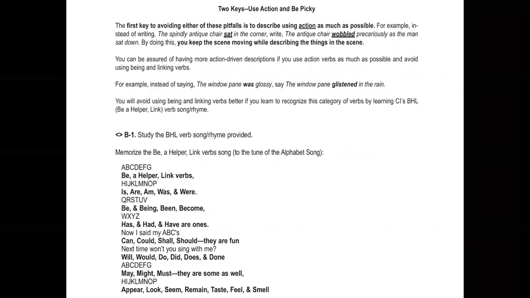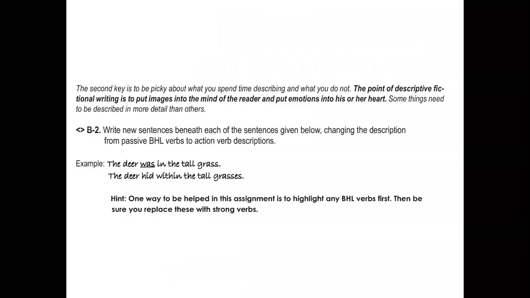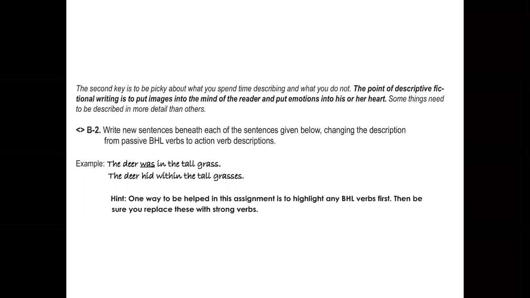So I teach them the Be a Helper Link Verb song, and then I teach them how to find those being and linking verbs that are by themselves. Those are the ones we want to get rid of. I always teach them that, of course, you need be a helper linking verbs when they're helping an action verb tell when something happened, but we don't need them when they're by themselves. So they have to learn the song first, and then on the next page, there is an assignment